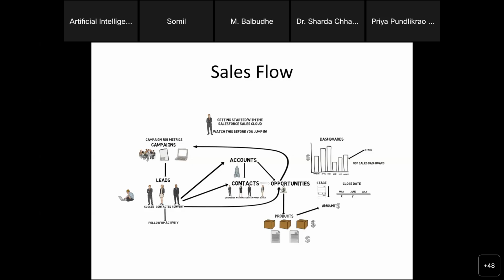So ये पूरे प्रोसेस कहां चलते हैं, अपॉर्चुनिटीज में. और जब अपॉर्चुनिटी वॉन हो जाती है, यानी अपन विन करते हैं अपॉर्चुनिटी को, at that time we can say our product has been sold. So this is the actual flow for B2B.